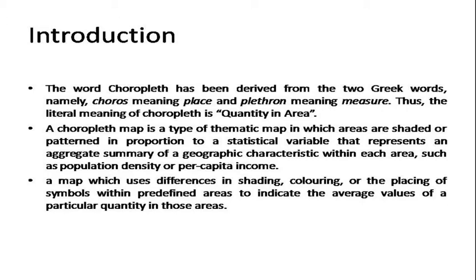Every state government collects agricultural, population, and industrial data of small administrative divisions or units such as blocks, tehsils, districts, etc. Thus, it is not difficult to get the average value per unit area, such as yield of a crop per hectare, density of population per square kilometer, percentage of area under rice to the total cropped area, etc. The average value per area is obtained by dividing the quantity by the area. For example, to find out the density of population of a district per square kilometer, the population of the district is divided by its area in square kilometers.